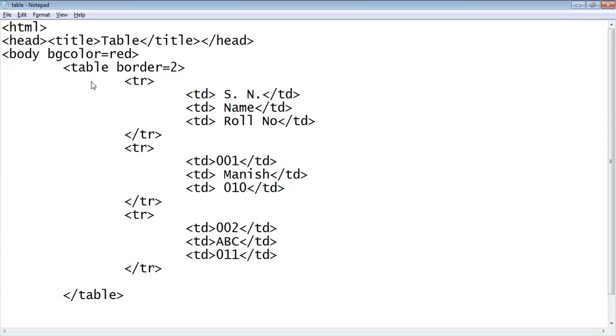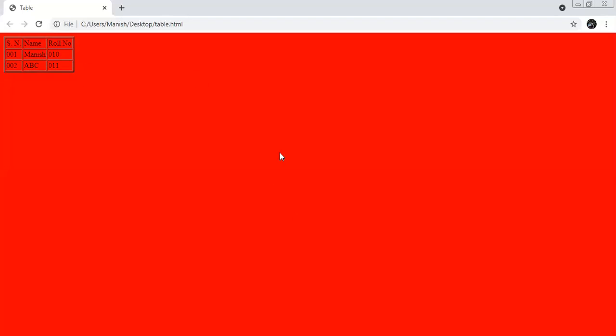We refresh the program and this one is our background color. Here is your output. You can change your background color with the help of bgcolor.